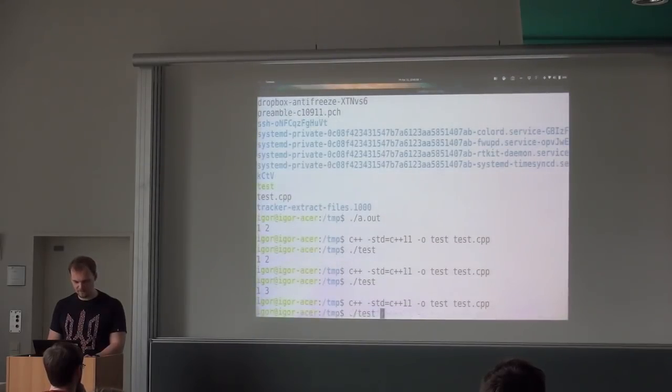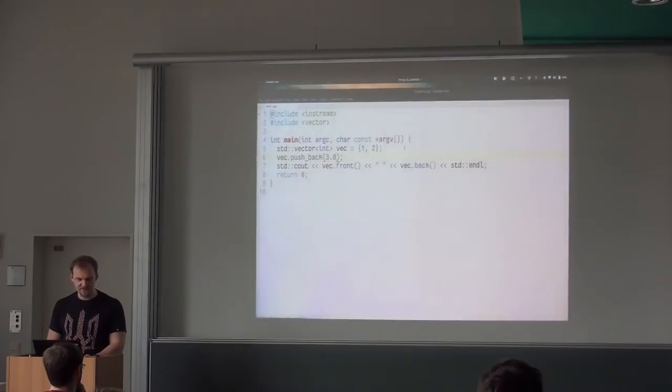It doesn't, because that's why I'm saying C++ is kind of dangerous. So it will do stuff that you don't expect it to do. So now it automatically converted the 3.0 to 3, which is an integer. And this time it kind of worked, so it was 3. But if it would be like 2.99999, there is a chance that it would be converted to a 2.